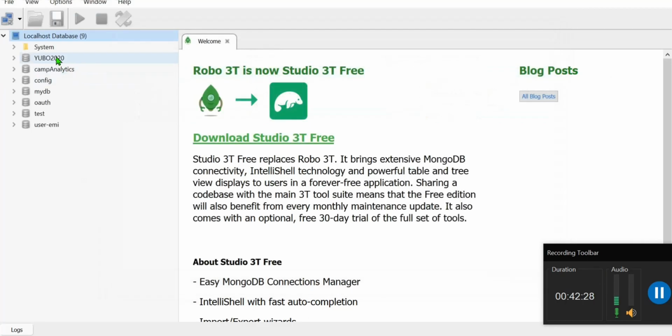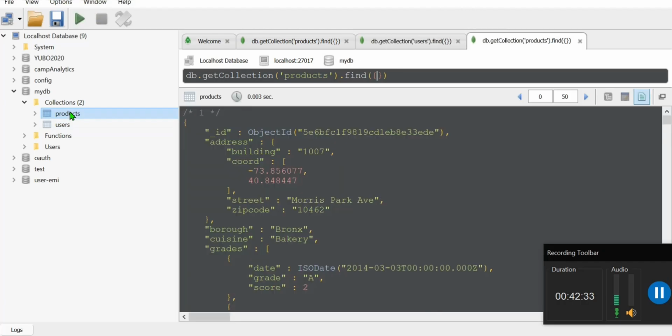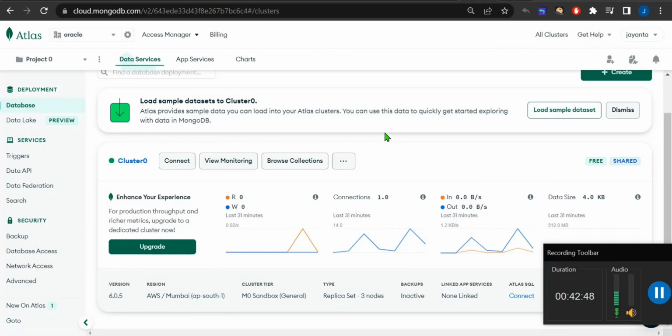You can use your local database. This is my local database, right? You can see this is the data. So we will see how we can connect with this database. Okay, this is my local system database. In my next video I'll teach you how we can connect with a local database and how we can work with a local database, right? So right now this is a cluster database, okay, a cloud database, the MongoDB cloud database, which is Atlas,